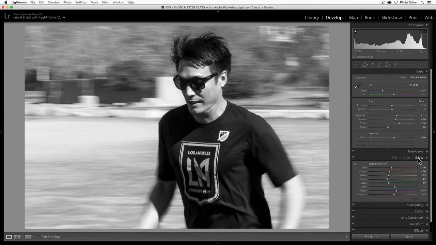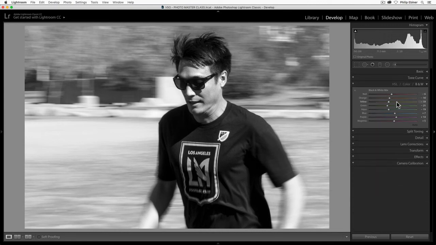Lastly, let's go into these black and white filters and see what happens when we're adjusting specific colors. So there are some auto settings, but we can go in here and fine tune it. So like with yellow, bring up the exposure. That might be pretty good to get some of that background exposure so Sam stands out even more. And then the oranges, that's going to get some of Sam's skin. So bring it up. I don't like so much. Maybe bring it down just a little bit more from where it was at.